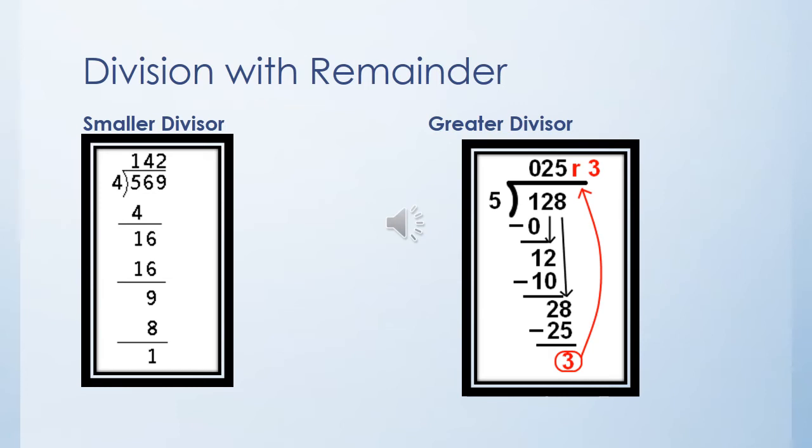So only one digit is left, that is 8. Because 2 cannot be divided by 5, you will write 8 again. It becomes 28. Now read the table of 5. 5 fives are 25, because 25 is smaller than 28. Now subtract: 8 minus 5 is 3. In this second example, you will get the remainder 3.